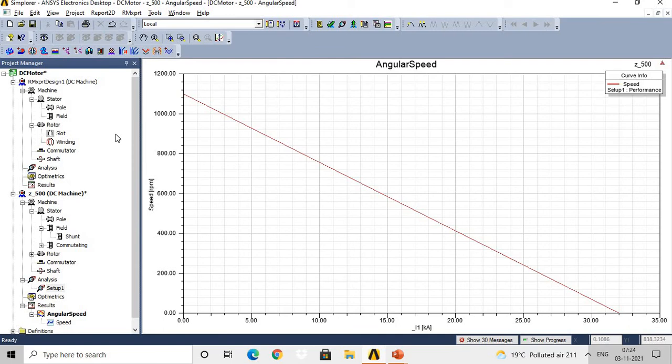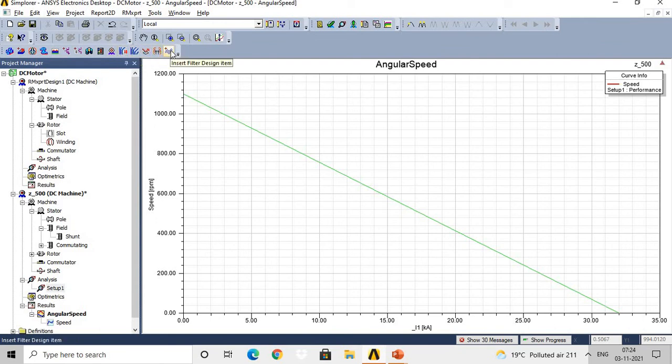The default supply circuit or converter and control circuit will be available. But if you are interested in making changes in the converter and controller part, for that purpose you need to work in the ANSYS Simplorer part.